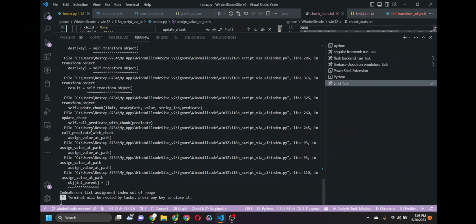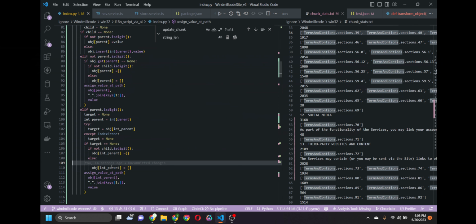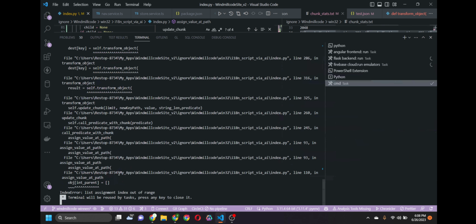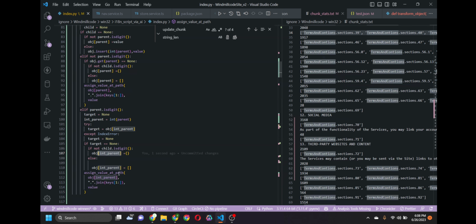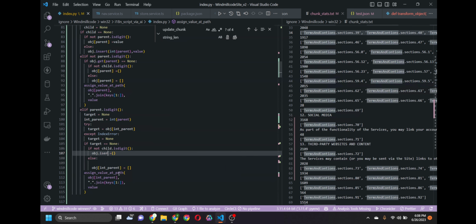Good, that would be insert. It's really tough because I can't tell if this object coming in is an array or a list, right? So if I insert,